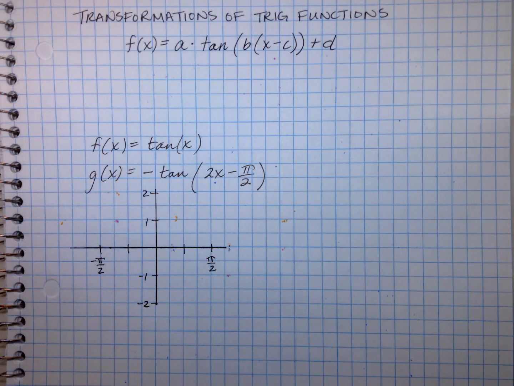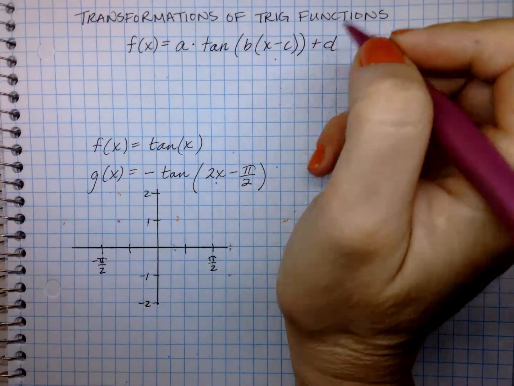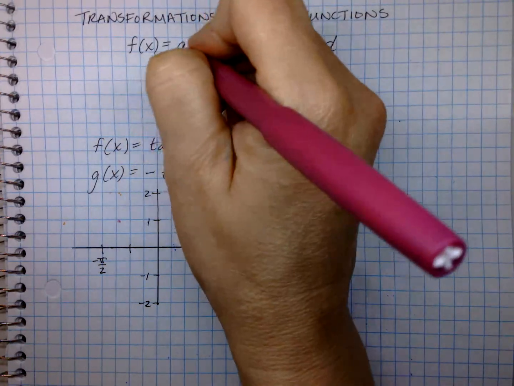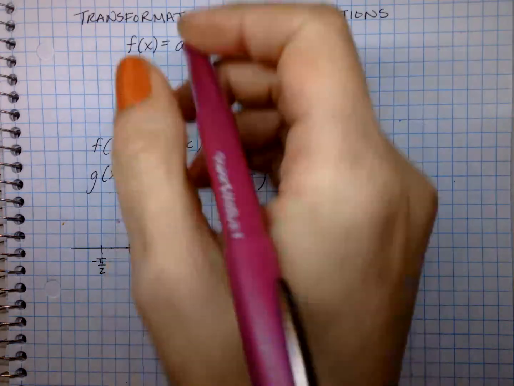All right, pre-calc students, let's do a graph and analysis of a transformation of a tangent function. Up here at the top, I've got the general form of how you read the transformations of a trigonometric function. This number in front right here, we've got A, B, C, and D, which all do different